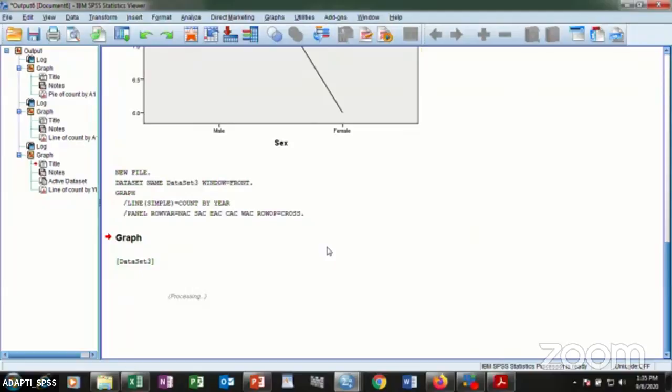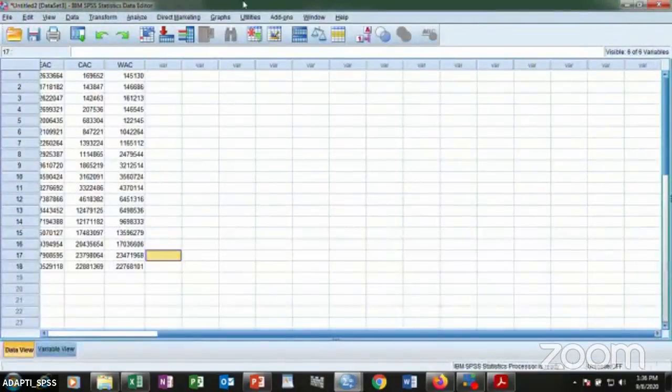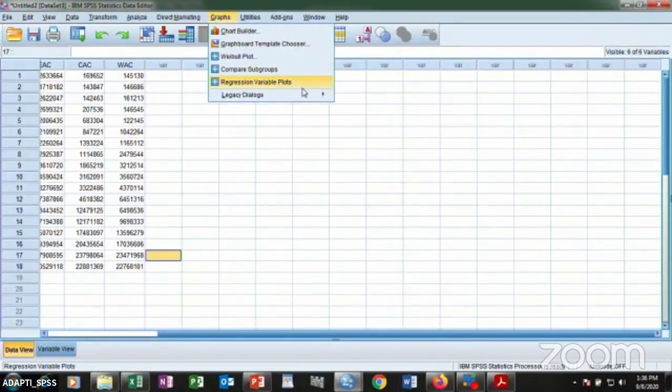I want to replicate something. So the data we have cannot give us